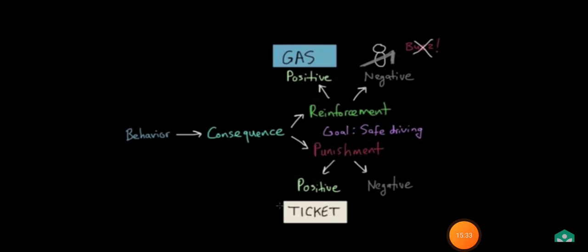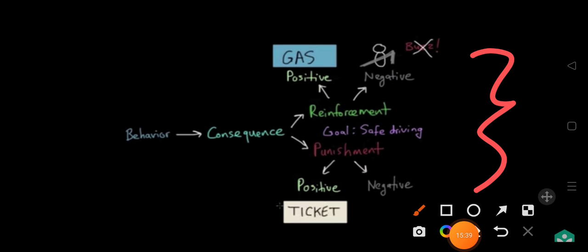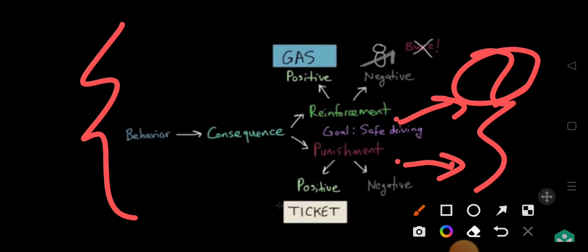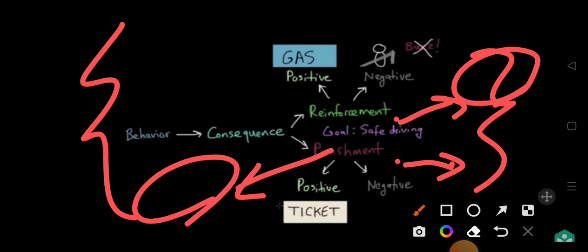The last thing that I want to share with you, I collected all these to make it easier for you. So let's see this example also. We have here the reinforcement and the punishment. Reinforcement is to do what, guys? Focus as much as you can. Increase the desired behavior, right? So reinforcement is about the desired behavior, while punishment is about bad behavior, and I want to reduce it. Of course, I want to reduce the bad behavior.